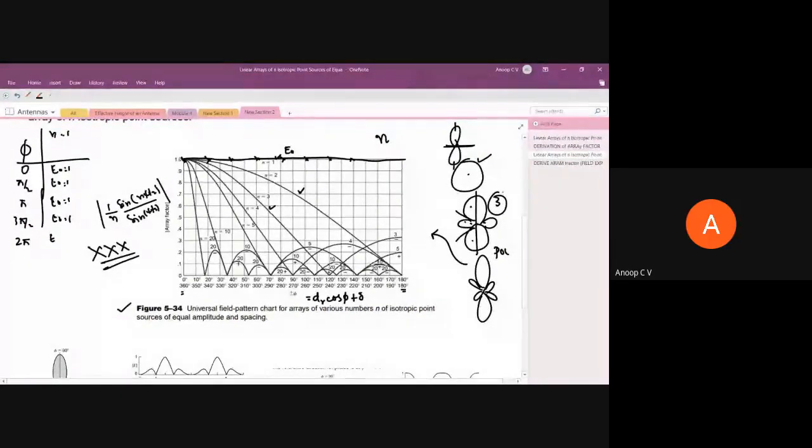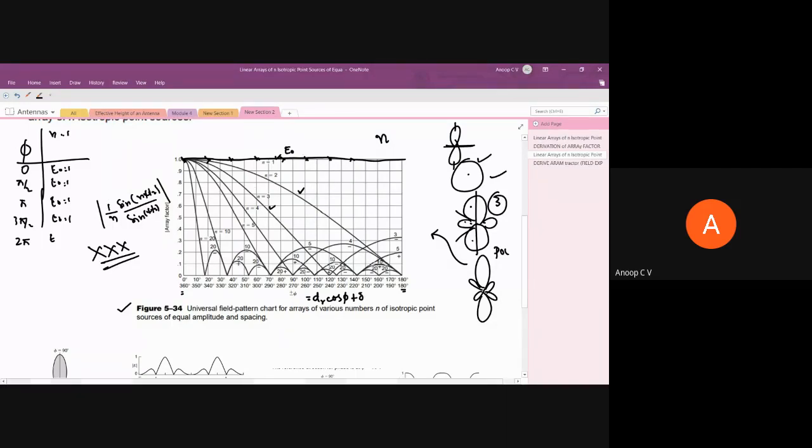Normally we'll plot in polar, but I told you the radiation pattern can also be plotted in Cartesian. I hope you got this. So for n equal to 1, that is a horizontal line. It's not drawn this darkened in the textbook, but it's understood. Using our logic, we'll be right.